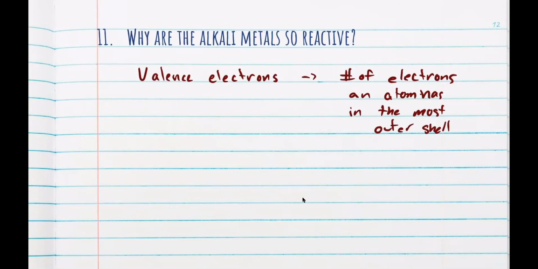With valence electrons, they all follow this thing called the octet rule, which states that all atoms want to have 8 valence electrons